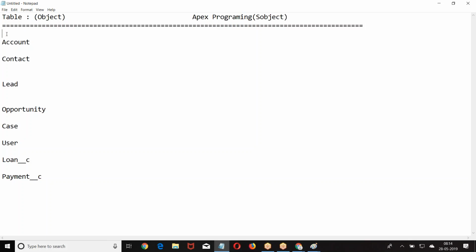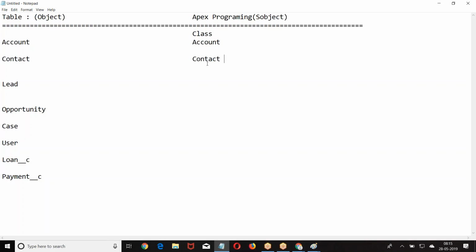Now here it is a table, and here it has an Apex class. Account is a class. For every table, Salesforce has defined one class internally. If the table name is account, we have a standard Apex class called account. If your table name is contact, we have internally a standard class called contact.